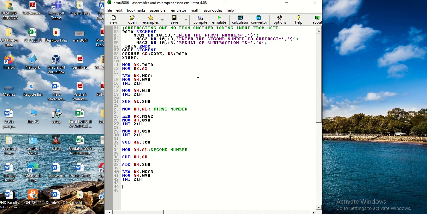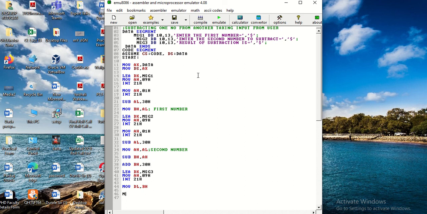Now after displaying the message, I will move into DL the contents of BH, because the result is available in the BH register, and DL is the destination register in which I am supposed to move the result.